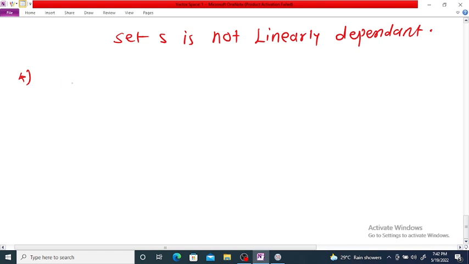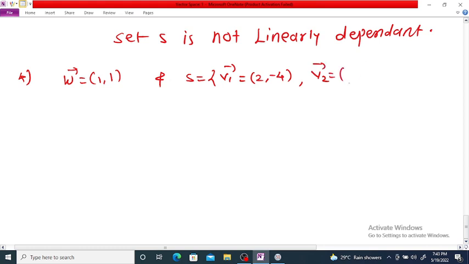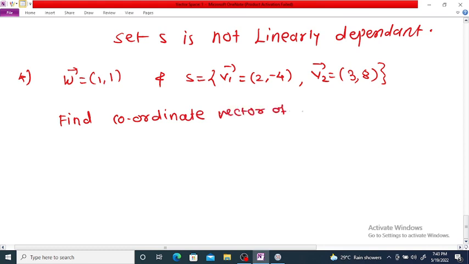Let W bar be equal to (1, 1), and the set S is equal to V1 bar, which is equal to (2, minus 4), and V2 bar is equal to (3, 8). Find the coordinate vector of W bar